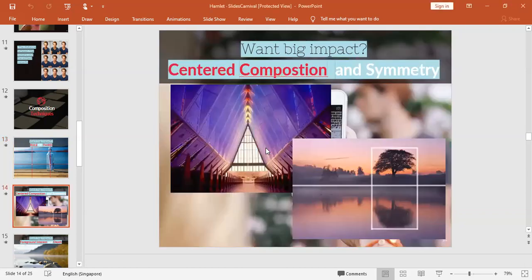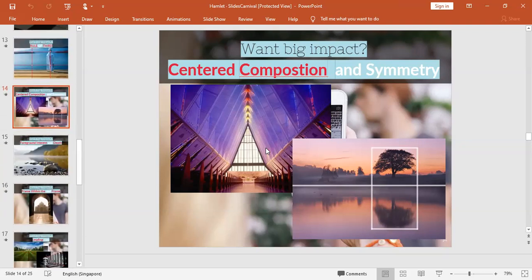Then the second composition. Sometimes we use a centered composition, because when you take a picture of a train, or a long building, or even a tree with a shadow, you have to use a centered composition. There might be less space, and you have to avoid the spaces and place the image in the center of your photograph.